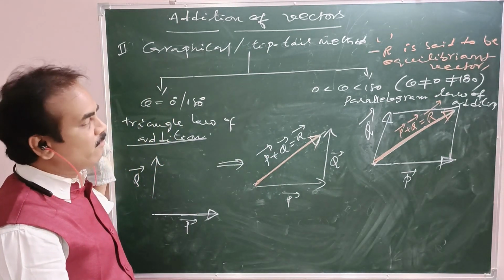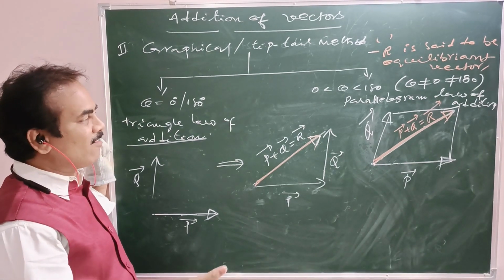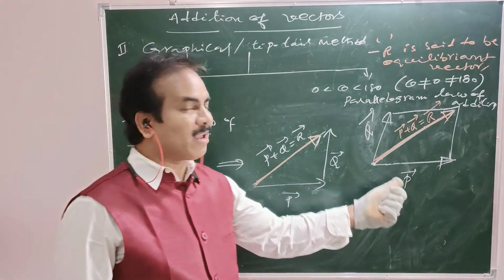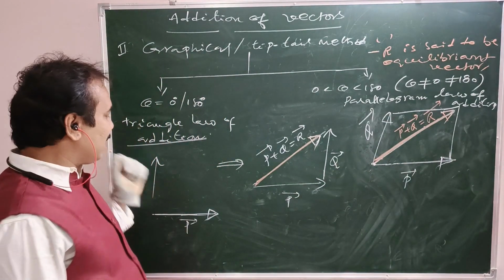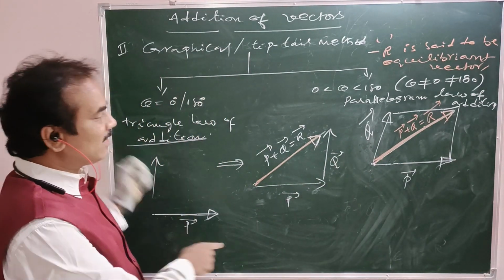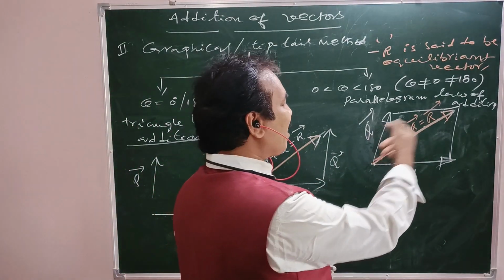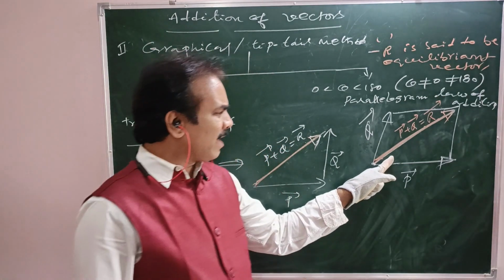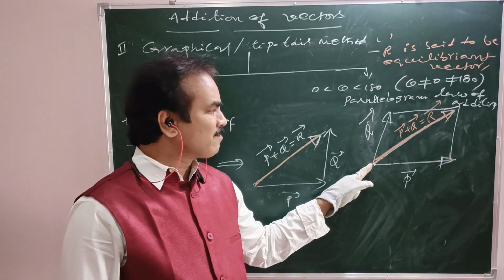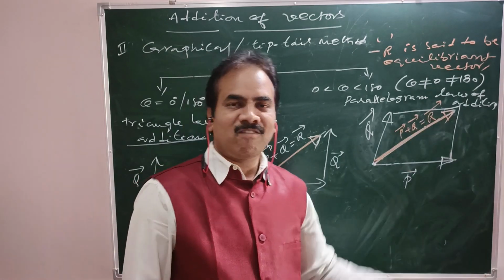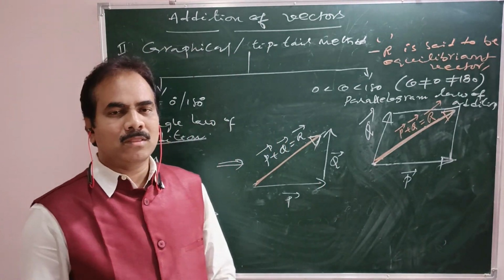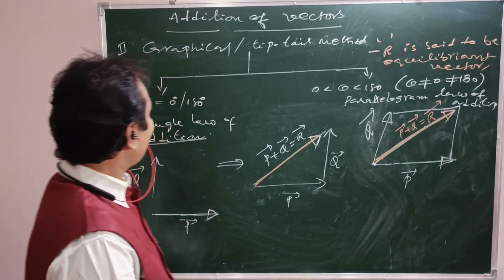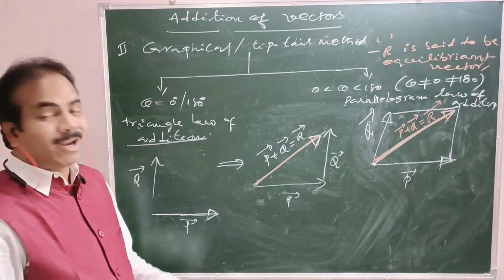If you are asked to determine the resultant of given two non-zero vectors, once again, what is the statement of the parallelogram law? If two vectors are taken as the adjacent sides of a parallelogram, both in magnitude and direction, then the diagonal drawn from the intersection of the vectors is the resultant of the given two vectors, both in magnitude and direction. Okay, right. Now coming to the polygon law of addition.